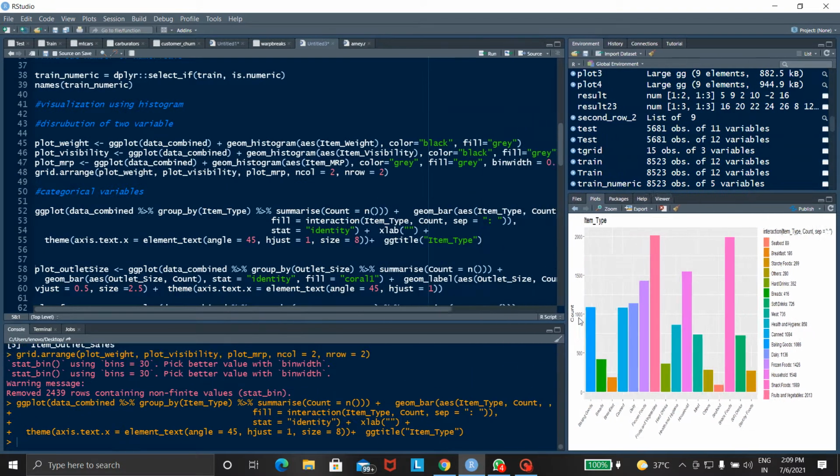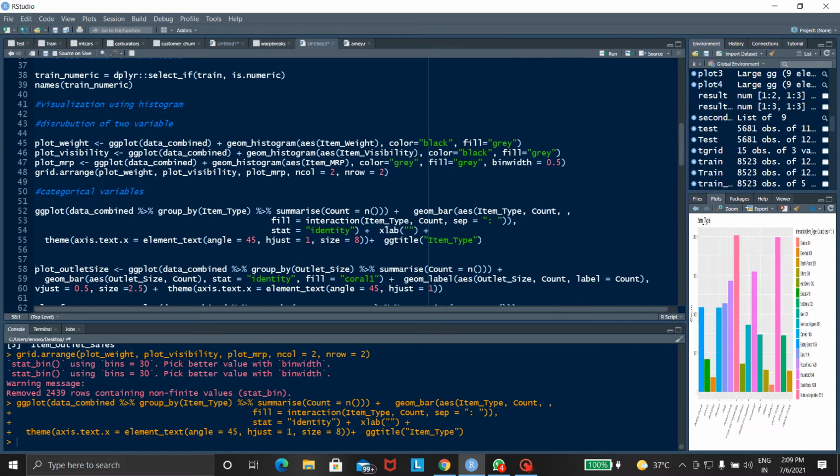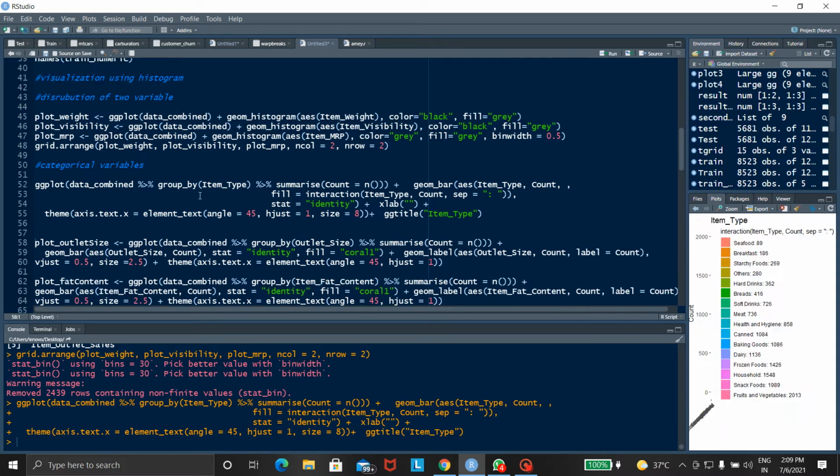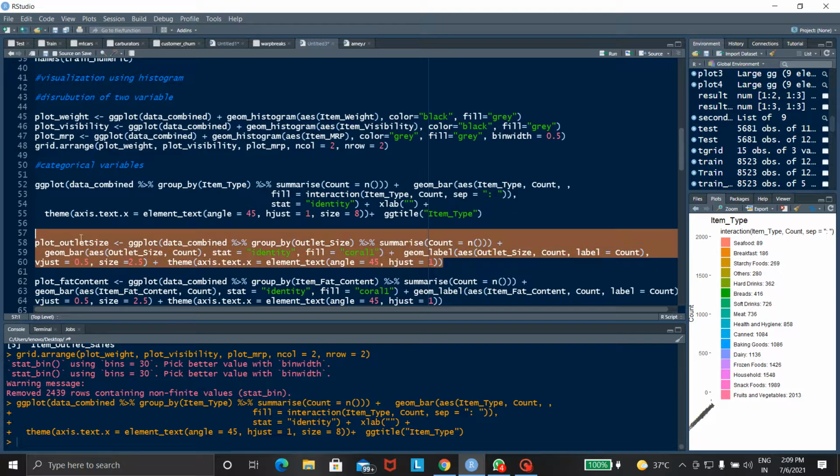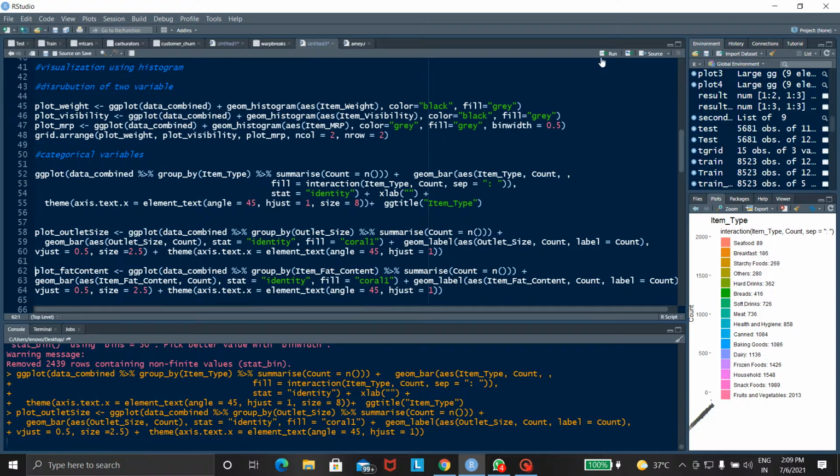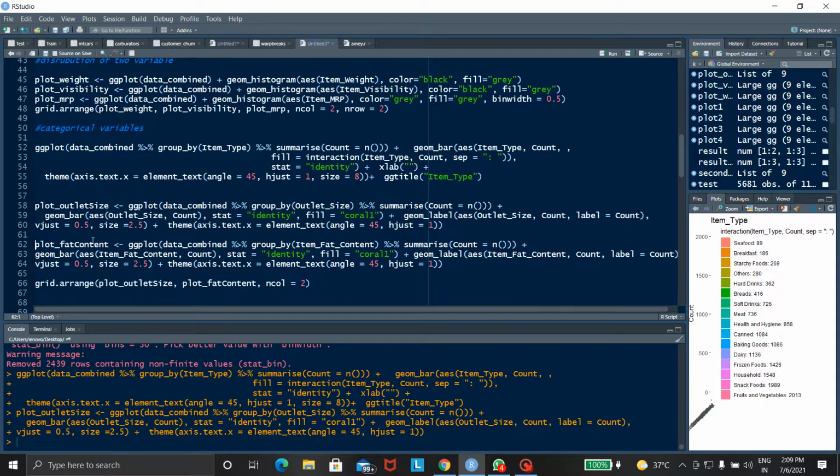Then the next program is to find out the outlet size. Here is the program to plot using outlet size. Run this program. Then plot fat content. Here is the program to find the fat content. Then run this program.